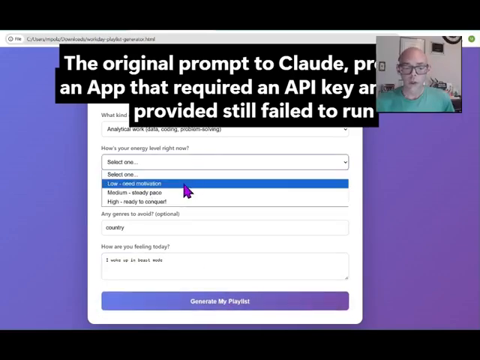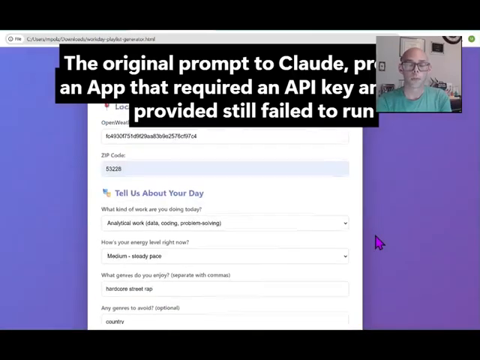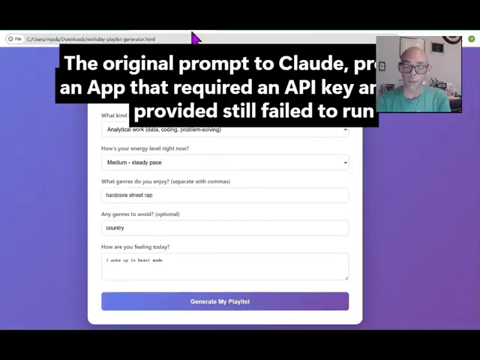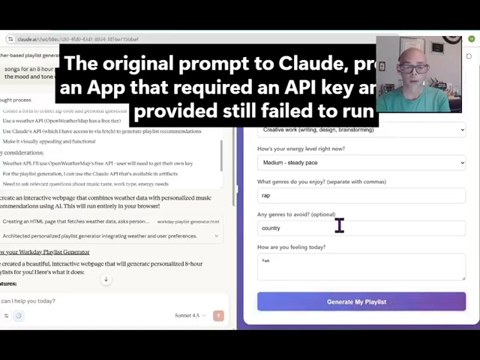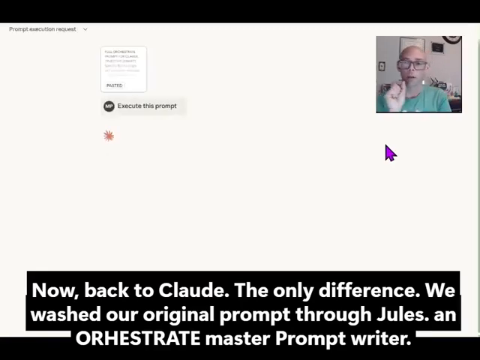Earlier in the video, you saw in the lower right-hand screen Claude working, ChatGPT working through building us a prompt. I asked ChatGPT using my Jules custom GPT, which is trained on my Orchestrate framework and prompt writing book. I asked it to take that same prompt that I gave to Claude, and I asked it to write me